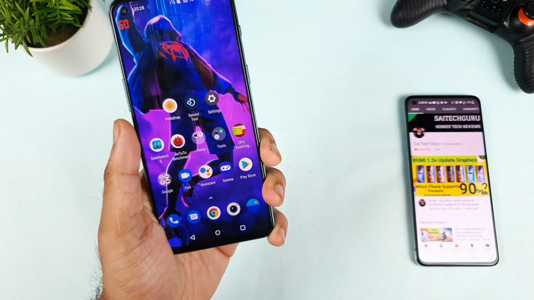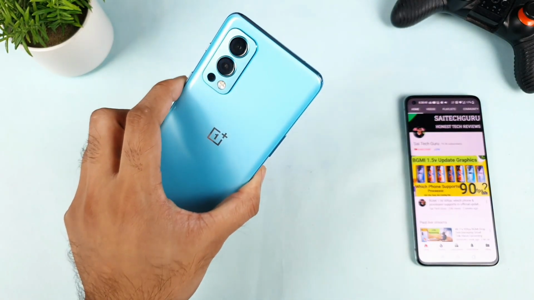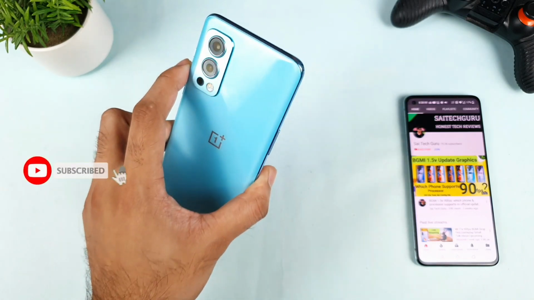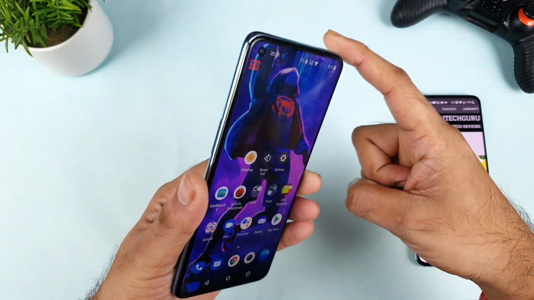In today's video, I'll try to talk about the dual app functionality in the OnePlus Nord 2 device. Yes friends, finally the dual app functionality, which is the app cloning problem, got solved in the OnePlus Nord 2. Yes, now you can actually use the dual app functionality without any kind of problem.